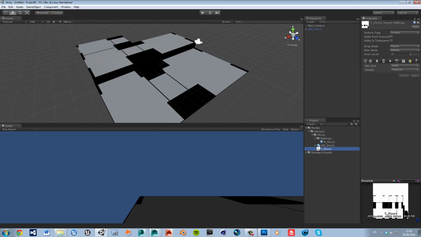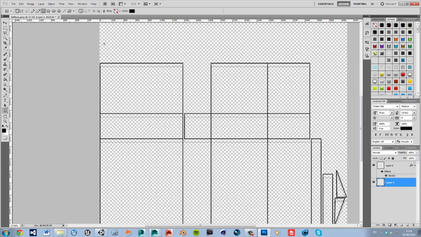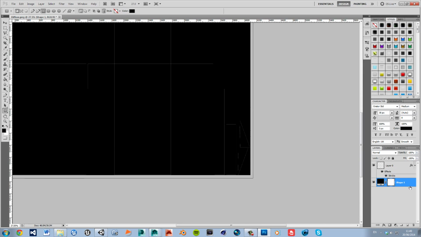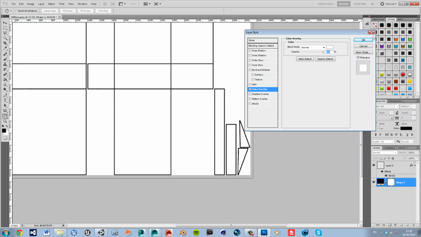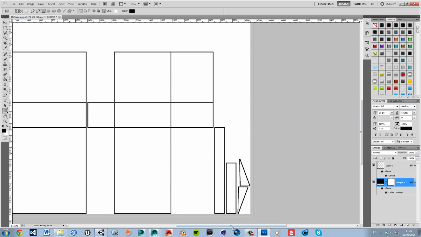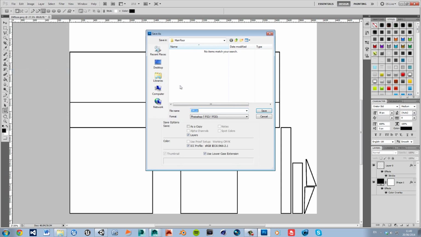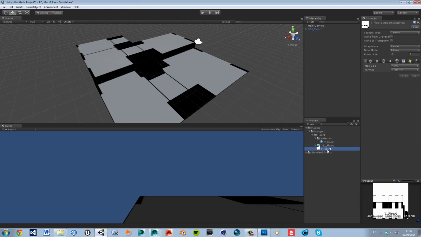Let me go ahead and go, oh right, it's because, let's go back into Photoshop. I'm going to go ahead and create a new layer. On that layer, I'm just going to go ahead and make a massive cube. Right now it's black. I'm going to give it a color overlay, and I'm just going to make it white. Like so. So now it's literally just white with a black outline. So I'm going to go ahead and save as PNG, new diffuse, replace it, hit OK,